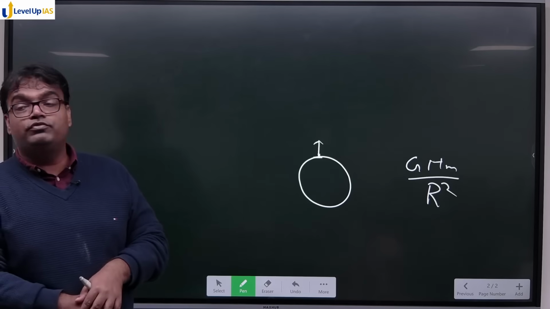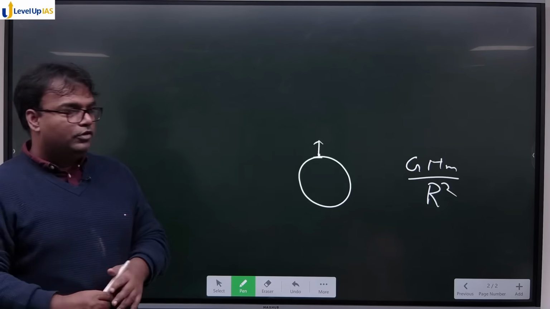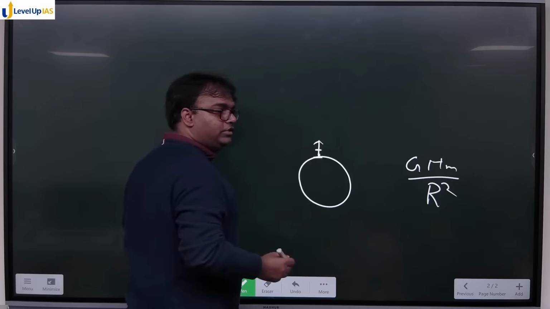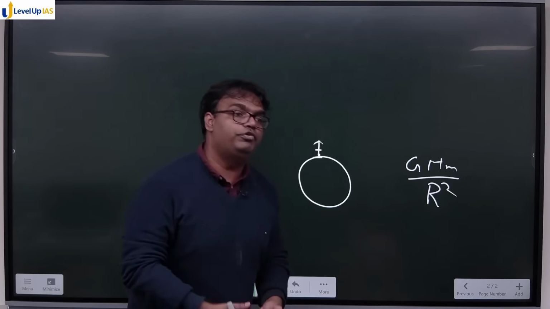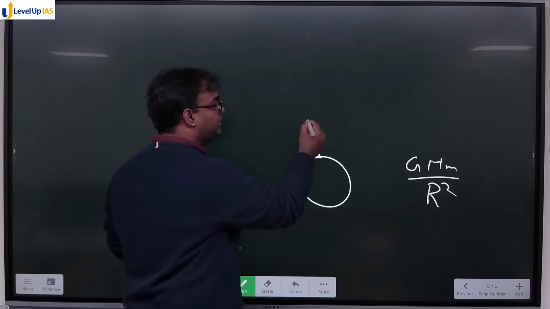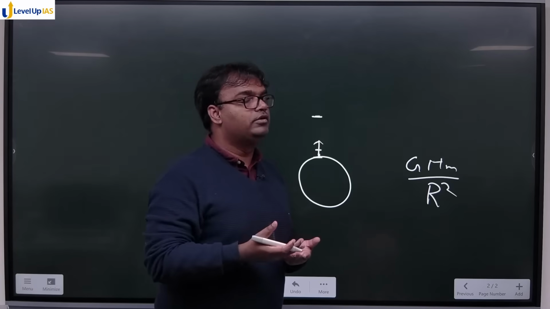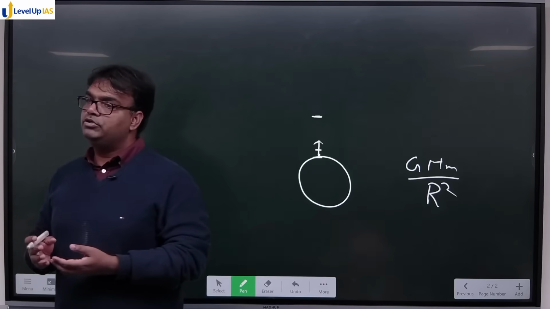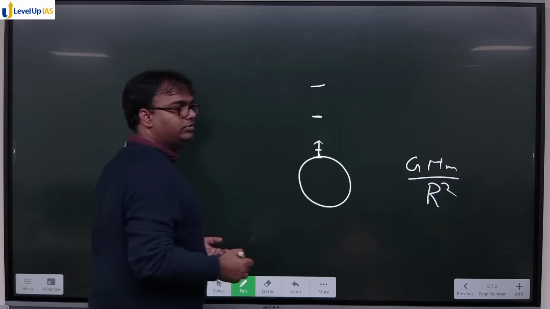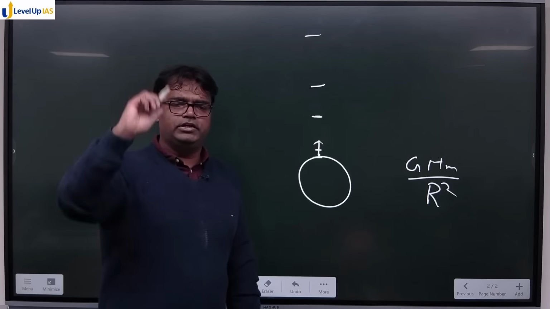And where would most of the fuel be used? In the lower part. When this rocket is at lower height, the thrust that it would require to go away from Earth would be much larger. When it is at upper height, the thrust that it would require is much smaller. Why would the thrust be smaller? Because अर्थ का ग्रेविटी कम हो गया, ये और ऊपर जाएगा, थ्रस्ट और कम रिक्वायर्ड होगा, ये और ऊपर जाएगा, थ्रस्ट रिक्वायर्ड वुड बी वेरी वेरी लेस।